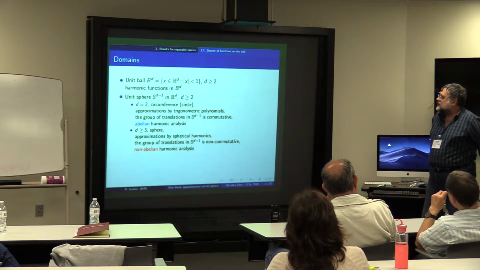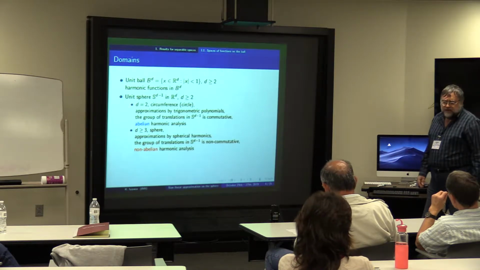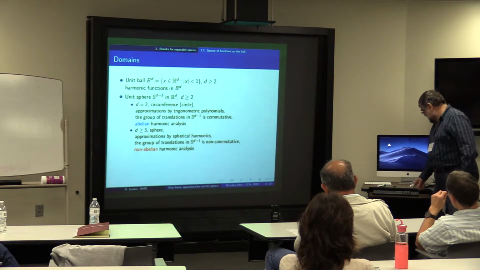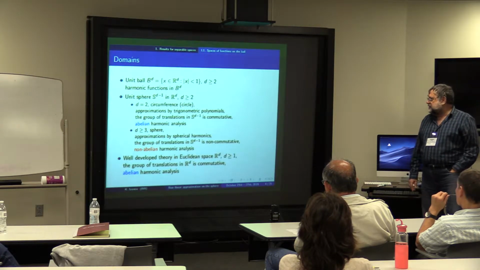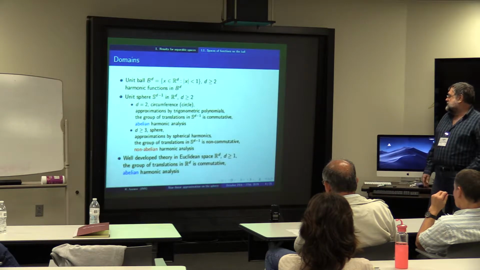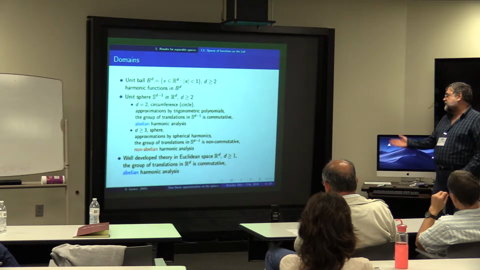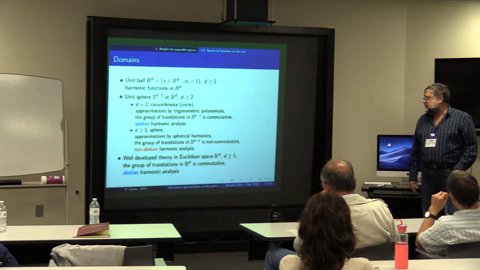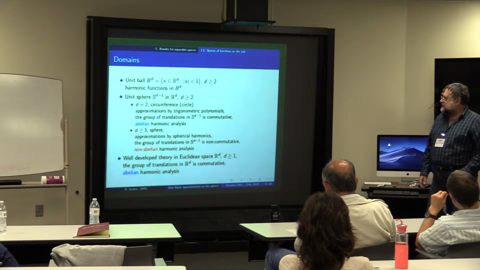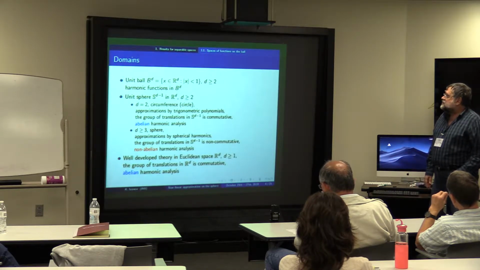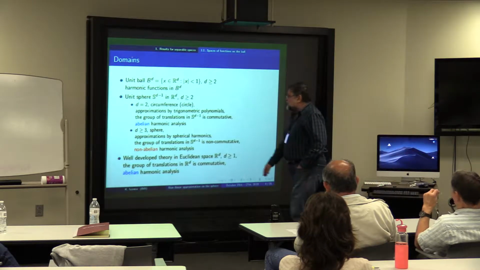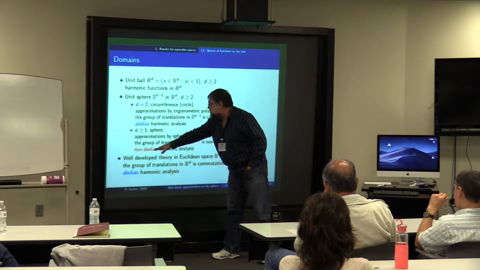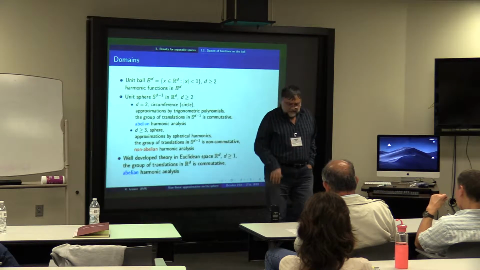The idea for doing approximation on the sphere actually comes from doing approximation in the whole space R^d, where we have a very well-developed theory. The group of translations here, of course, is the simple translation, which is commutative, so life is a lot easier, having abelian harmonic analysis. So, from the point of view of the domains, the main difficulty is coming here, starting with dimension 3 or higher on the sphere.